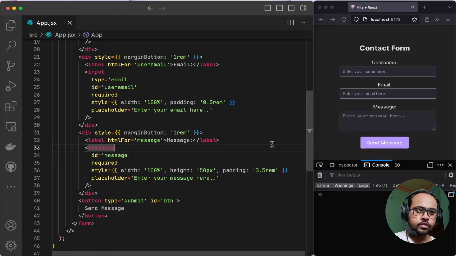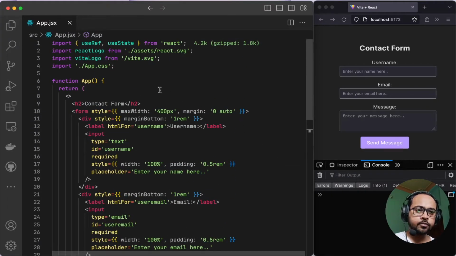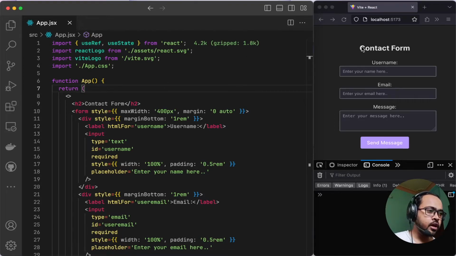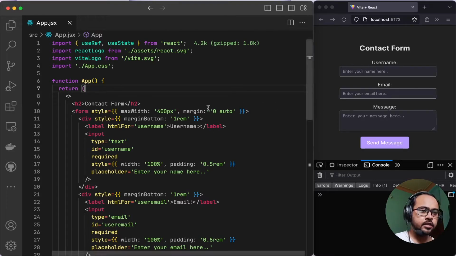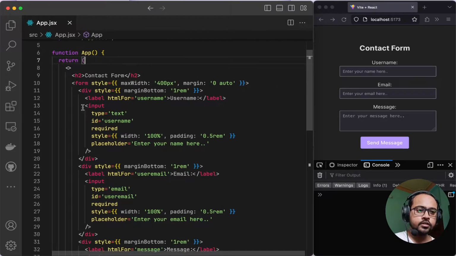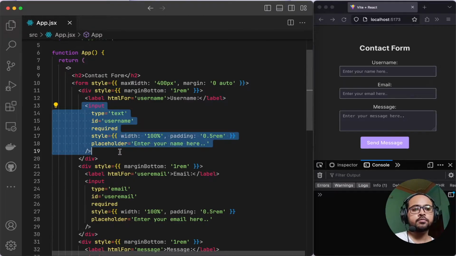Now in order to start, I have created a blank React project using Vite, and I have started the local server. And on the right side, we have created a basic contact form. So you can see we have a basic contact form. We have three fields: username, email and message. And on the left side in the code, you can see we have this input tag that is responsible for